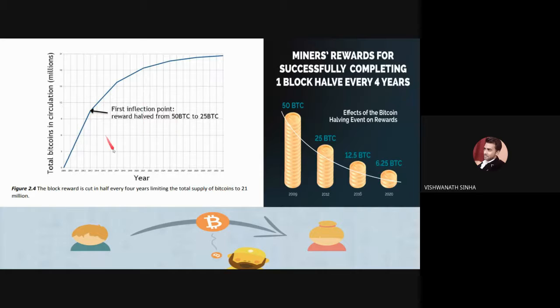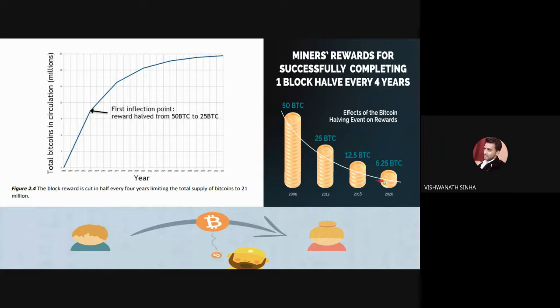Now this is a graph which shows the amount of block reward which is rewarded to a node when it creates a block. In 2009, 50 bitcoins were awarded, but the algorithm is such that it decreases after every 210,000 blocks are created. So after every 210,000 blocks, the block reward decreases, as you can see, from 50 bitcoins to 25 bitcoins. In 2016 it came to 12.5 bitcoins, and now it is around 6.25